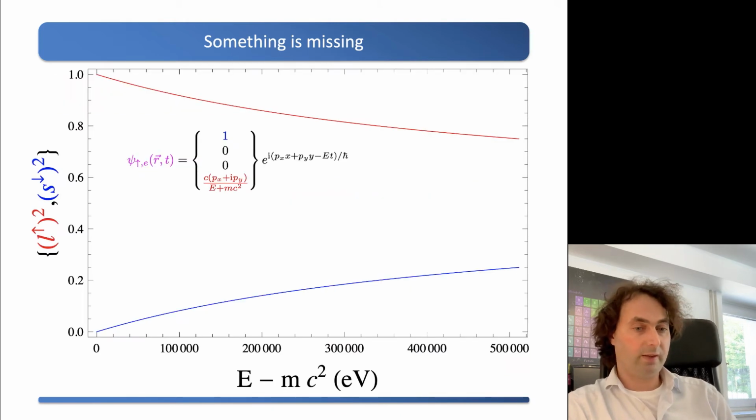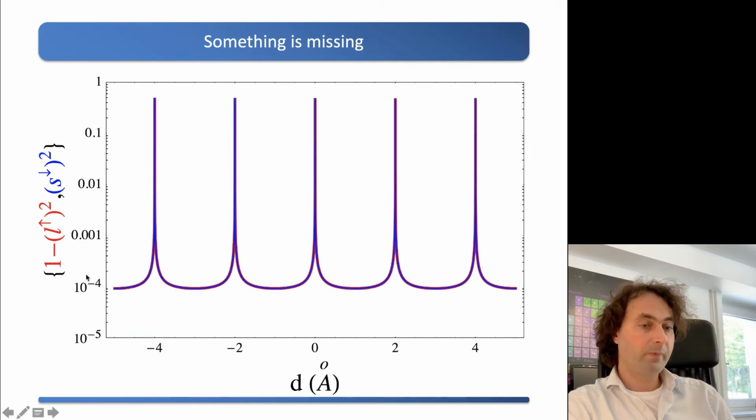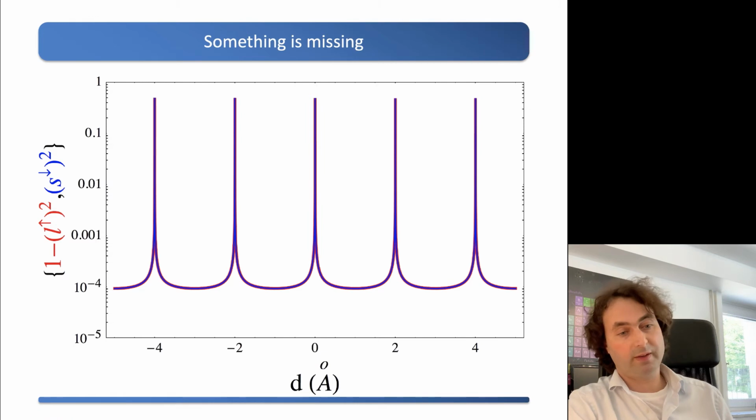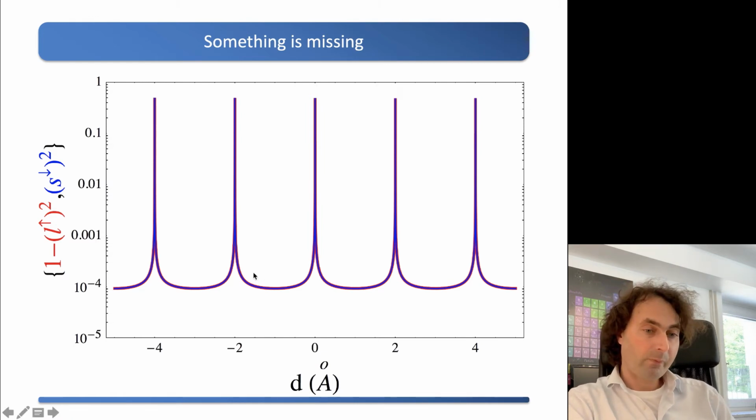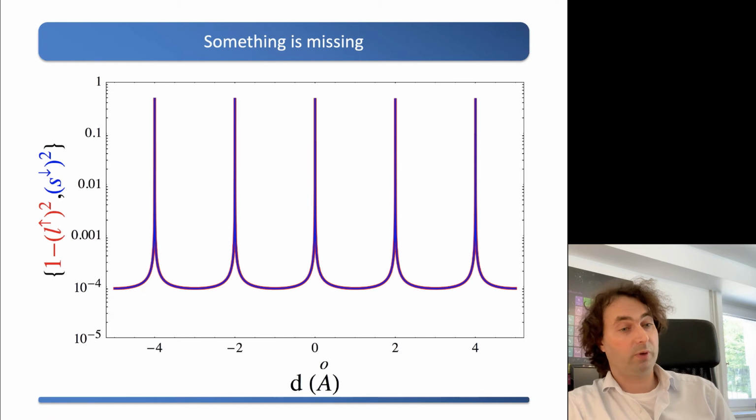And then you find that the larger the kinetic energy, the larger the correction would be, such that in the interstitial region, indeed your small component is of the order of 10 to the minus 4, giving rise to extremely small corrections. But close to the nuclei, the small component actually gets very large because your potential is